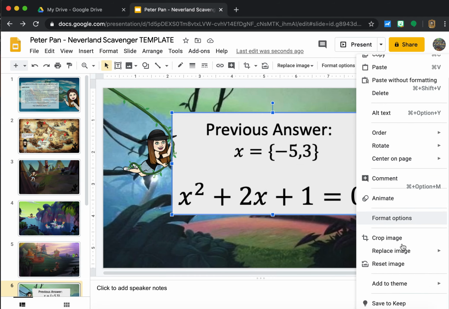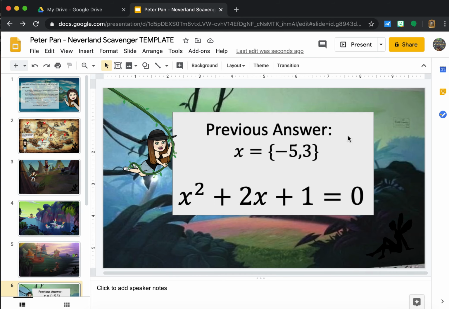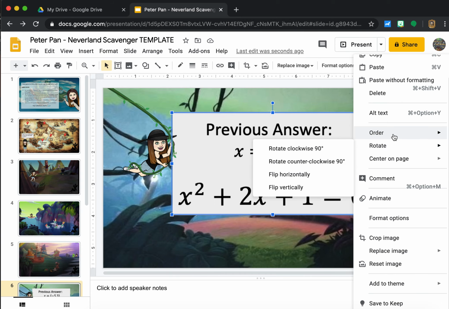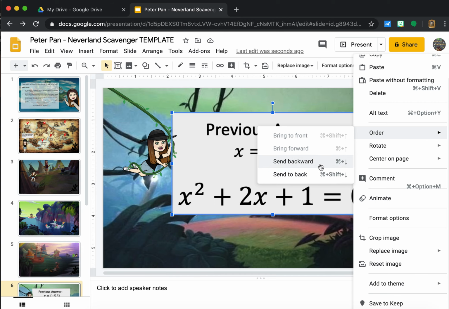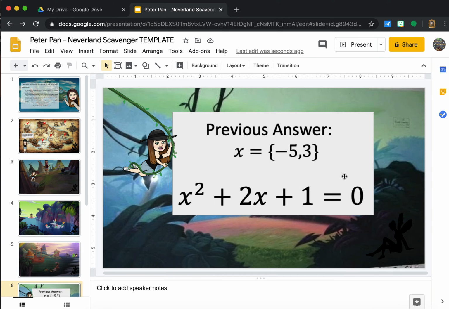I thought it was called position. Replace, format, order. There it is. So you can right click and then you can change the order. You would send backward, send backward, send backward until your white square is behind. Okay. So now that your white square is behind your answer, see how it's obviously a lot easier to see,